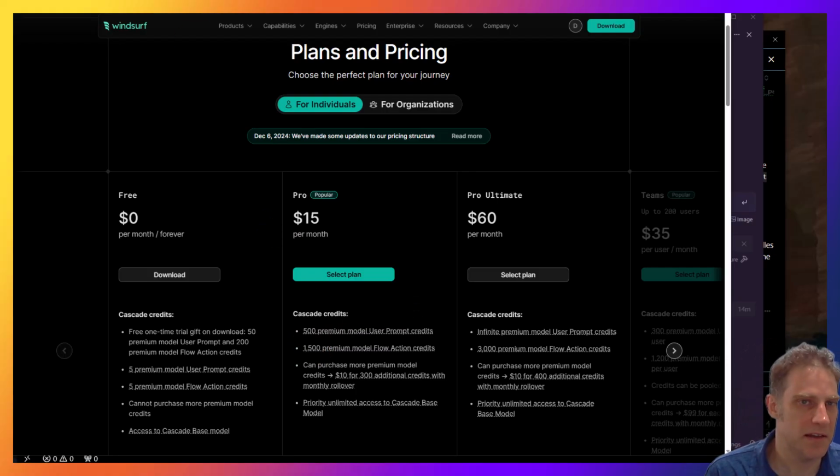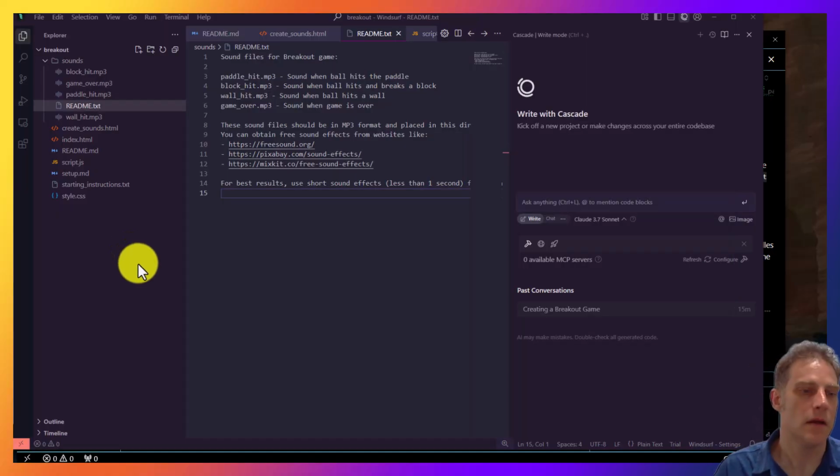Again, I think you could blow those if you're coding over a long weekend and you're having a hack session. I think you could probably blow through all of your premium model flow credits pretty quickly. For me, I'm actually going to switch back to Windsurf for a month now, because I did use it before,